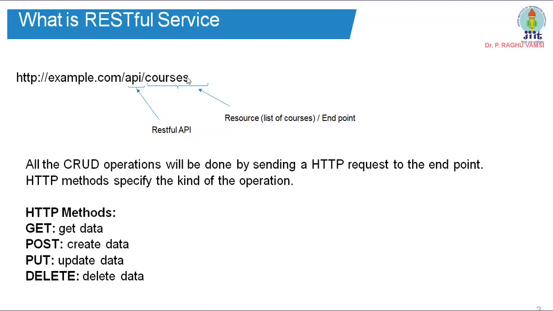And here, courses. Courses is nothing but the wide variety of courses that you want to access. In the case of electronic commerce applications, there may be a wide variety of customers you can access, or the endpoint which you want to access. Do you want to access the items, or do you want to access the customer information? Do you want to access any other information, which is a bulk one? So resources, the list of courses, is an endpoint that you want to connect to.